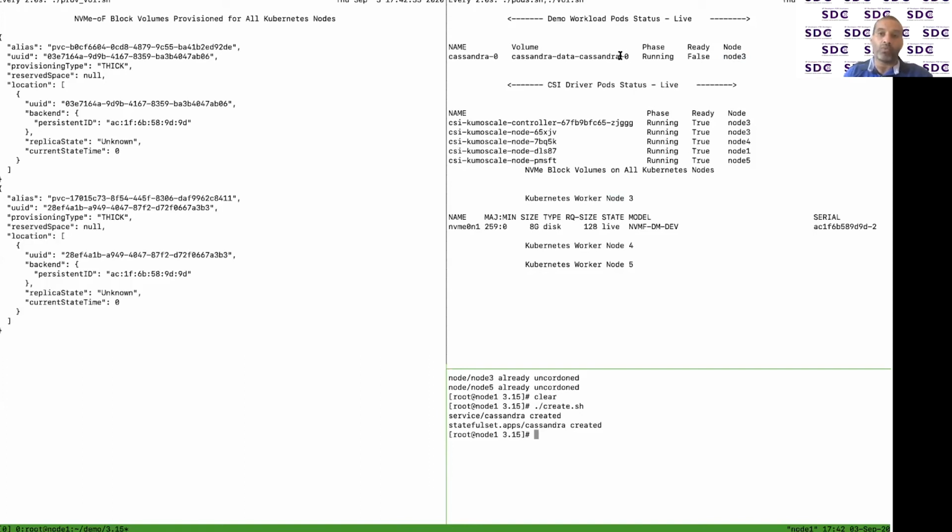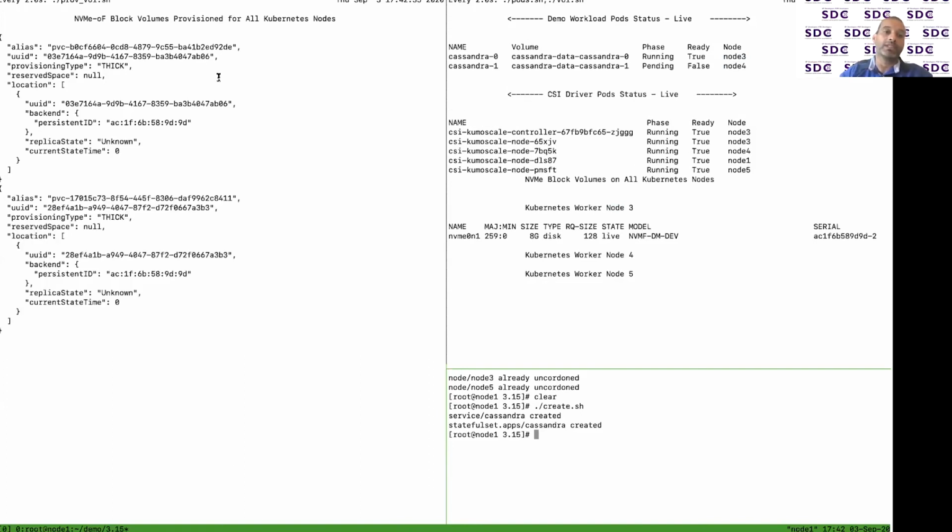node called Cassandra 1. At that time, we will see that it's ready and it moved to that one. And then we see that there is one more volume created in the central storage, and that volume should attach to node 4. This is a continuous watch command, so it takes a little time, but it's here.